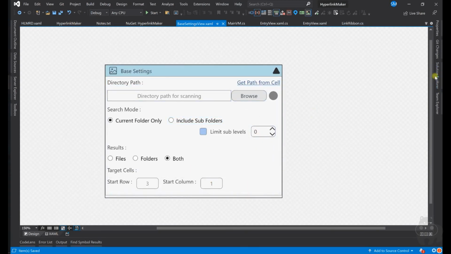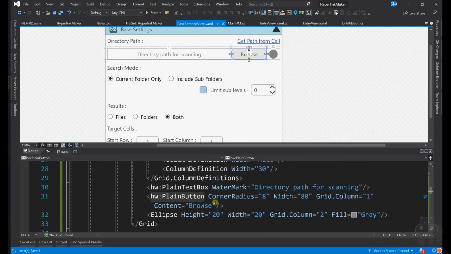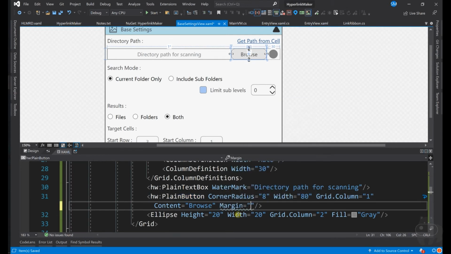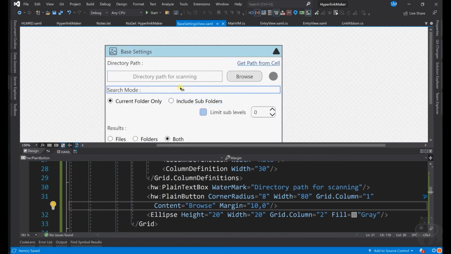There is one small gap that needs to be done, so let me select this button and add a margin. Margin is equal to 10 comma 0. So now I have added a margin on the side. That's fine. So let us first save this, and before continuing anything in the next section, we will see whether we are able to display this UI in the Windows form or not. So we will go there.